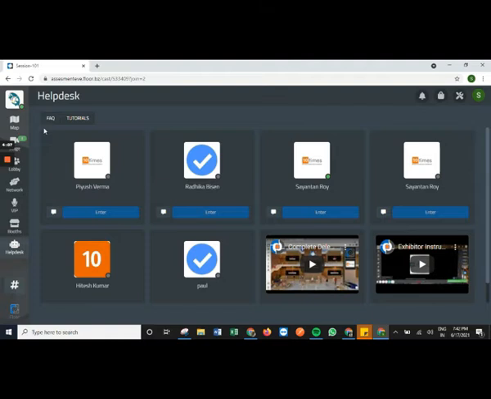Quick checklist for a delegate logging onto the Floor platform. For a browser, we recommend the latest version of Chrome, preferably version 83 and above. For Safari, we recommend version 13 and above. With respect to a device, Windows 10 and above is recommended, and for Mac devices, High Sierra or version 10.14 and above.